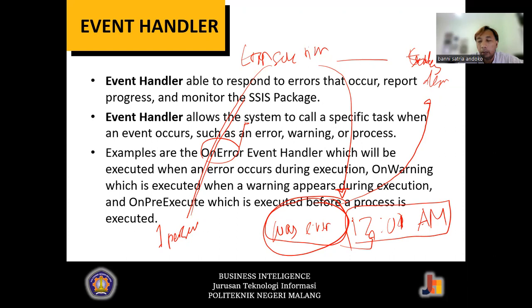Maybe you cannot imagine how important an event handler is until you have this kind of experience by yourself, and then you will know.